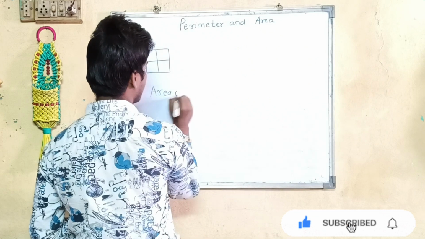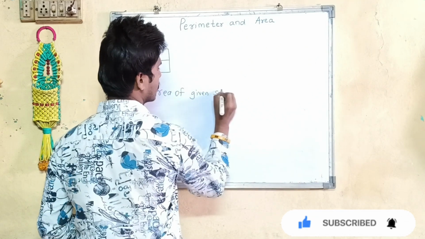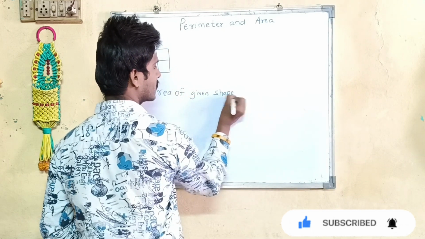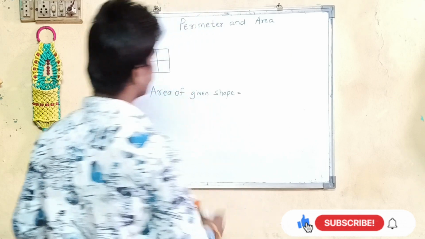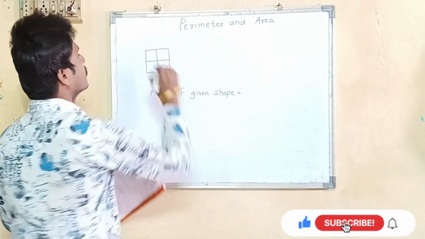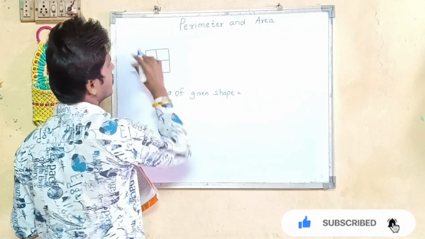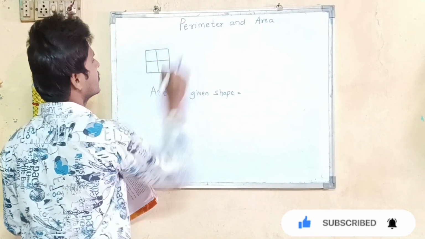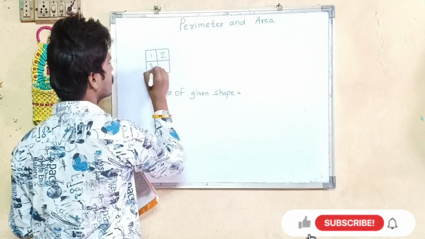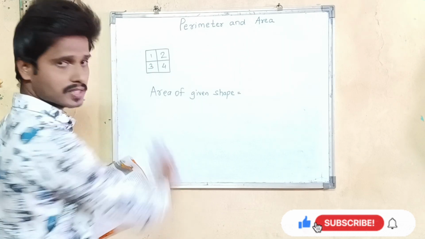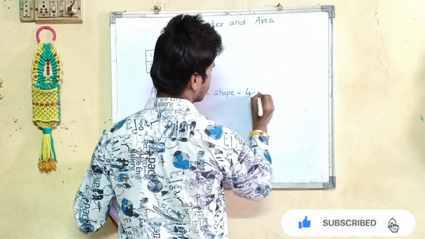Area of given shape. Again we will write the shape only because it is easier. Okay, so for area what are we supposed to do? We just have to count the squares in that given figure. मतलब आपके ये एक बड़ा स्क्वायर है, इसके अंदर जितने स्क्वायर्स फॉर्म हो रहे हैं हम लोग को उतने काउंट करने हैं. 1, 2, 3 and 4. So how many squares it is forming? 4.